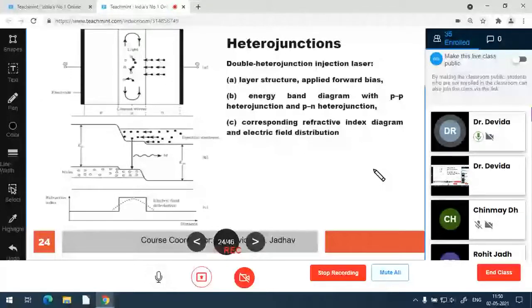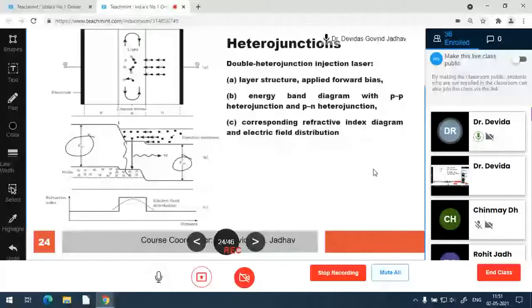So the alloy concentration is varied for varying the band gaps of the material. So the band gap is different for all the regions. One region has a band gap like this, another has a different band gap, and a third again has a different band gap energy, and this makes a peculiar structure of the energy diagram